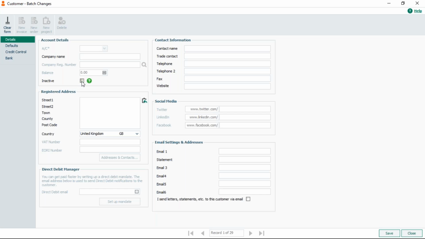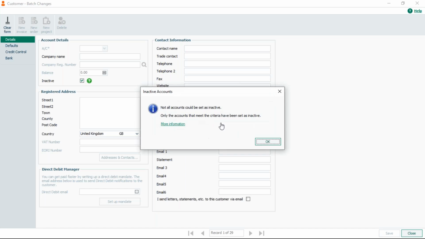So I go into that and say, I want to flag all those records as being inactive, save it, and say yes, I want to make the changes. I will get a message because loads of my records have balances, so it doesn't let me flag all of them. But the ones that are in a position to be flagged,